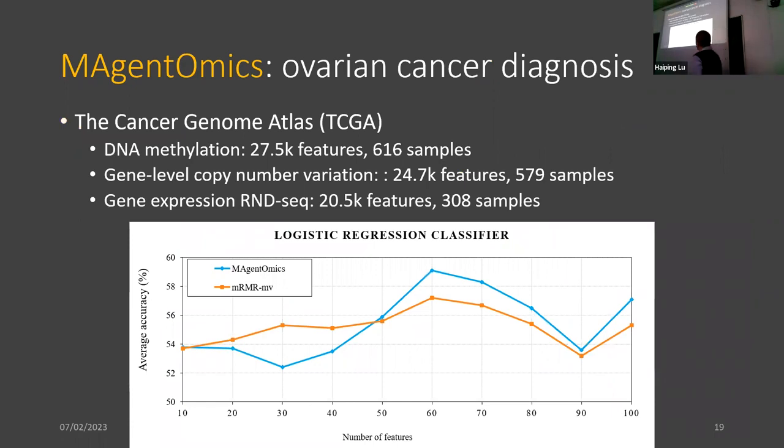Here, what we study is a dataset where we use it for cancer diagnosis, and we consider 3 different kinds of omics with hundreds of samples, about 300 samples and 20,000 features. And here we do a simple comparison. Our methodology is an unsupervised method. That is, we do not look at the label when we do joint feature selection, and we compare with the supervised method. And we can show that we can perform better than the supervised method that has information of the label.